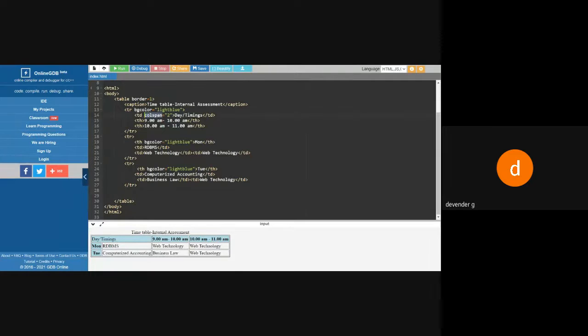Similarly, if you go for the row span, then rows will be combined. Based upon that, we have to change our data. So now you can see this has become combined. How you want to merge the cells into 2 or 3, based upon that, we are going to use the row span and the column span. Okay, so this is going to apply for the table row.